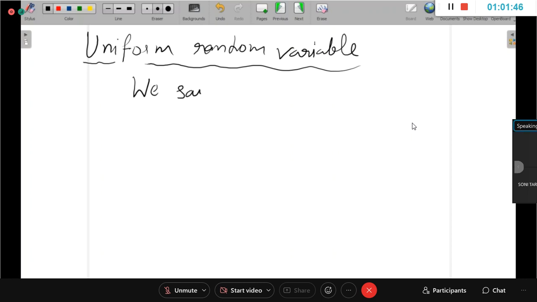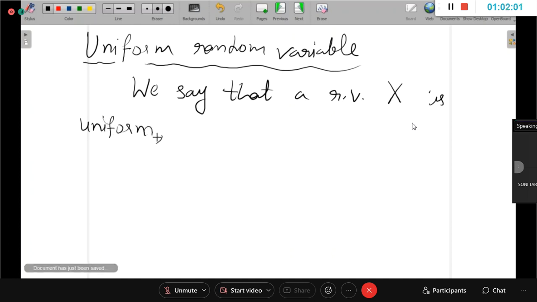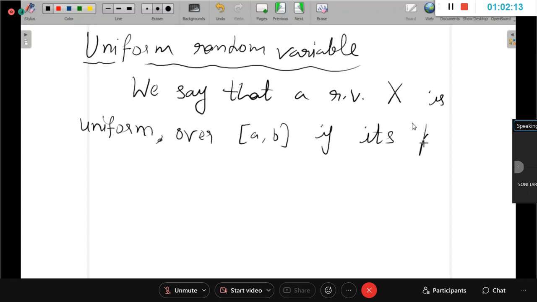We say that a random variable x is uniform over the closed interval ab if its PDF will be